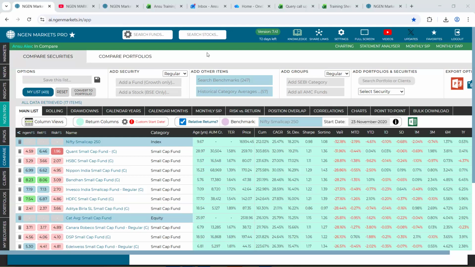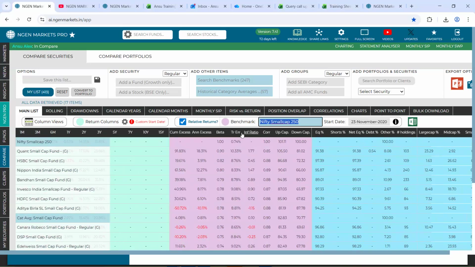Can we have all MF schemes data with their information ratios? Yes, you can bring the MFs right here, but at the same time, you can just add one benchmark, right? So information ratio is anytime available right here. But in the relative returns, when you add a benchmark, you can just add one benchmark at a time. So you will have to take, let's say, something like a Nifty 50 if you want it across all the schemes for equity as an asset class. If not, you can sort it on a category level as well. Just load in the category and then add in your respective category benchmark.